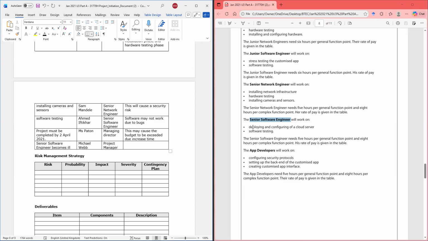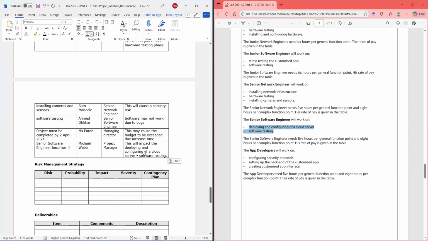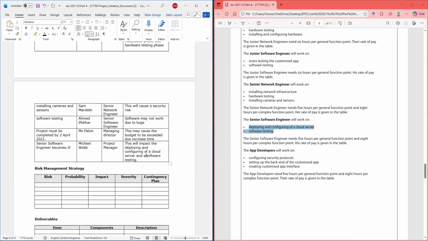This will affect the deploying and configuration of the cloud server. So you could say this will impact deploying and configuration of cloud service, and also software testing.